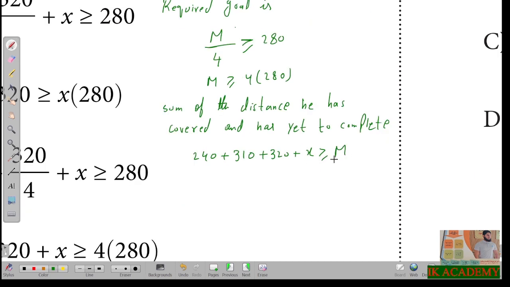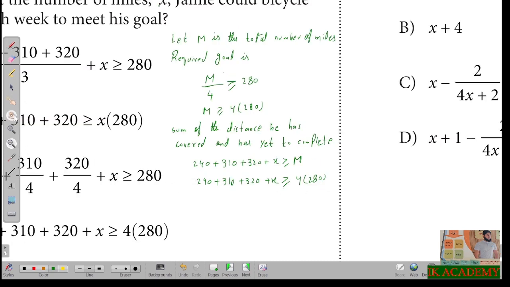It must be at least equal to the required distance. So 240 plus 310 plus 320 plus x must be greater than or equal to 4 into 280, which is option number